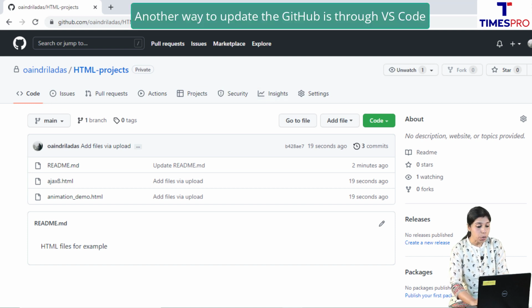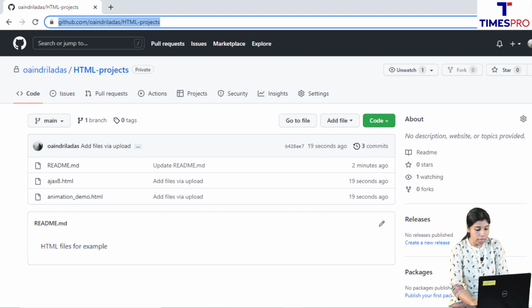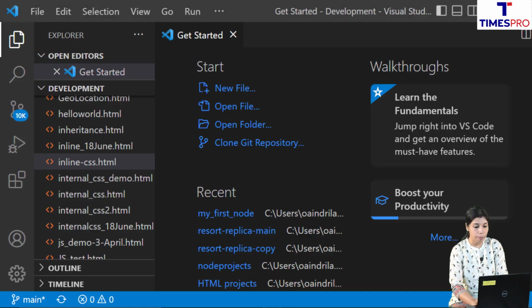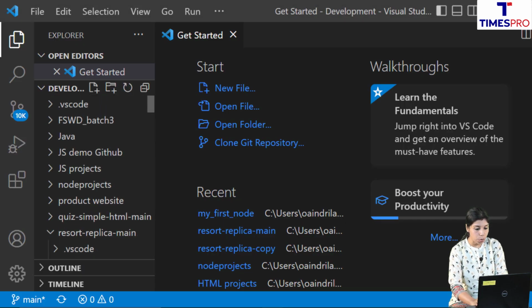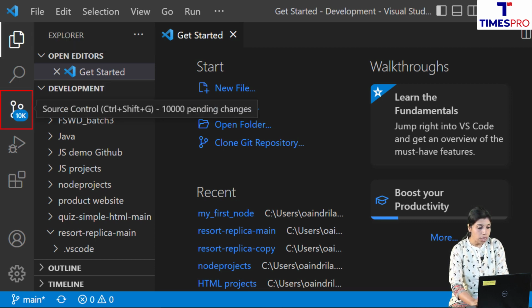There is another way to update your GitHub folder, which is through VS Code or Visual Studio Code. Here you can see this is the link to your GitHub repository. Let us navigate to VS Code and let us scroll to the top of our folder. This is my development folder and I want to upload all the changes to my development folder. When I go to the third option which says source control,